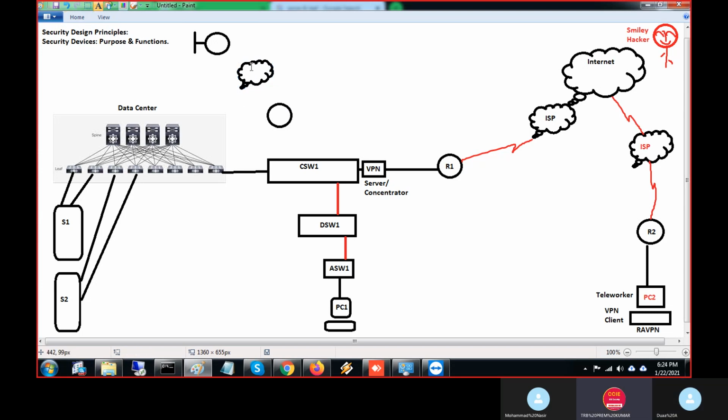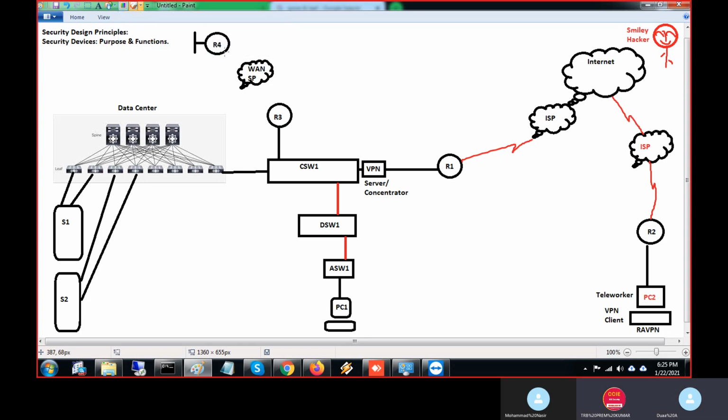WAN service provider. I'm connecting through this WAN service provider, but I want to put more security here, so I'll put router to router and create a tunnel. What do we call this VPN? Internet is the WAN type. What is this VPN called?